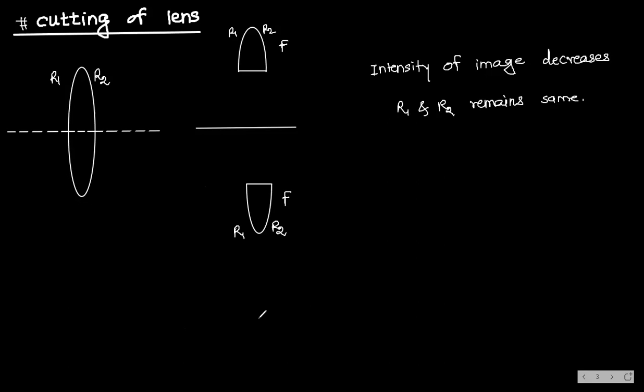Next, suppose the same lens, how I am going to cut, see. Shall I give this as number 1 point, which is along the principal axis? And in the second case, how I am cutting, you see. This is the lens. And now I will cut perpendicular to the principal axis. So this is my cut line. Like this, I am cutting this lens. Can you see this?